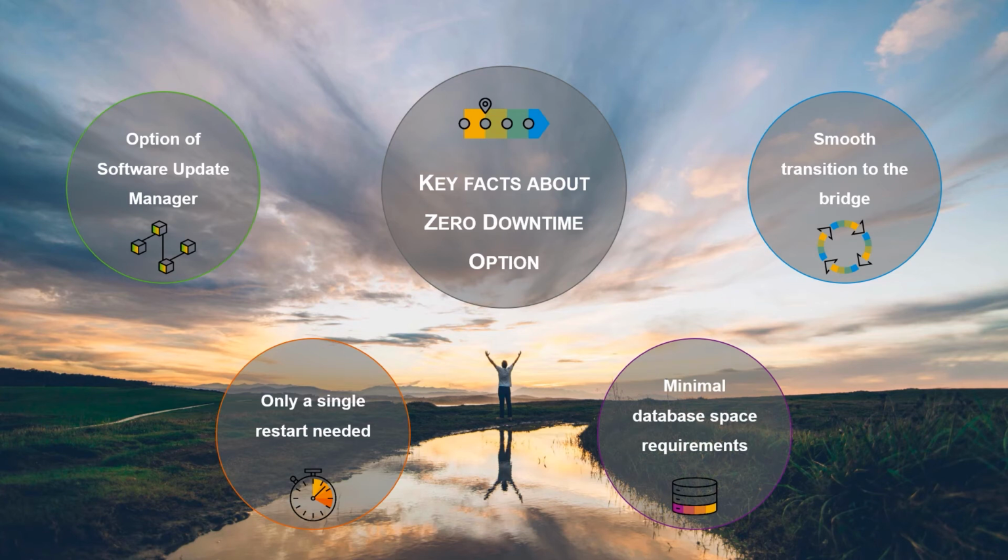The good thing is, compared to other approaches where it was not that easy, we can quantify the downtime in terms of the business downtime. It consists of the ramp down activities, the restart of the app servers, and the ramp up activities. That's the business downtime that can be achieved. Last but not least, you have seen the software update manager takes care of which tables have to be cloned because they are changed by the upgrade. That keeps our database footprint as small as possible. So we don't clone the entire database, but only selective tables.